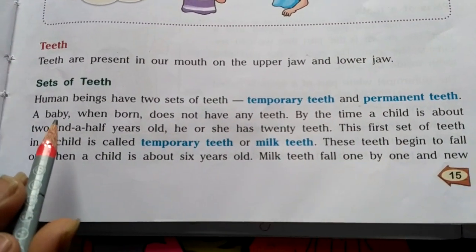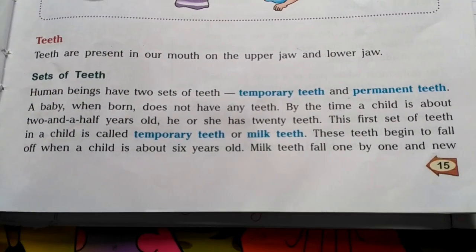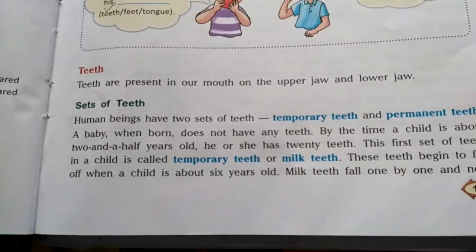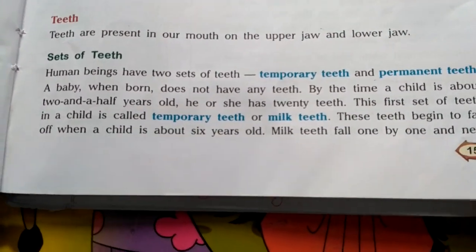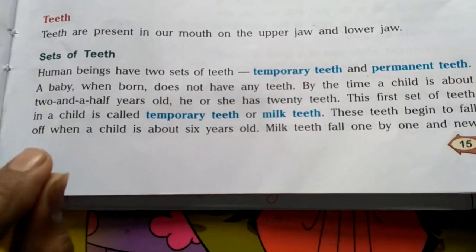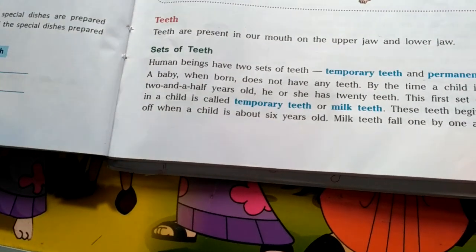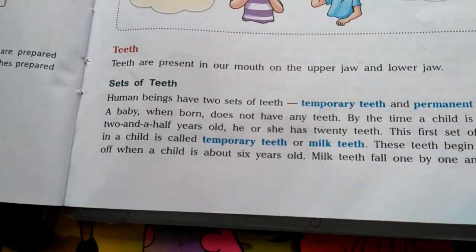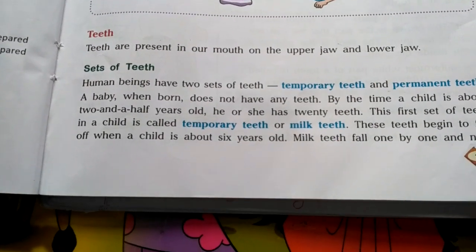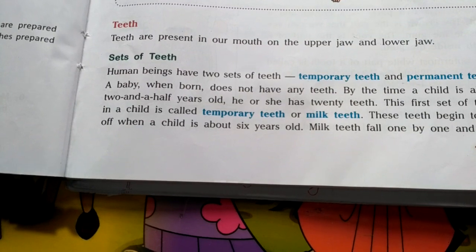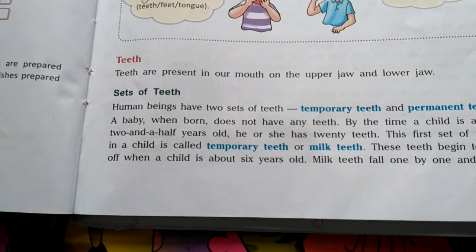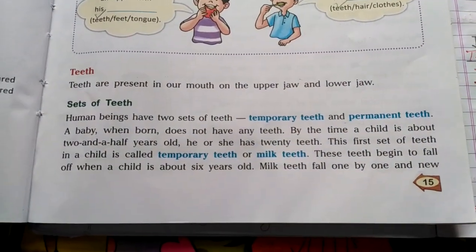Now let us know about these temporary and permanent teeth in more detail, that is, when we have our temporary teeth and when we have our permanent teeth. So kids, when a baby is born, a newly born baby, it is born toothless. There are no teeth present inside his or her mouth. Okay. And slowly, after 7 or 8 months, teeth start appearing in the baby's mouth. So generally a newly born baby is born toothless.